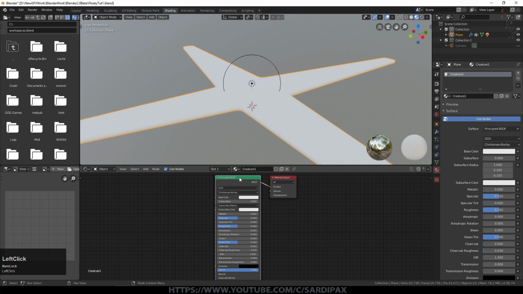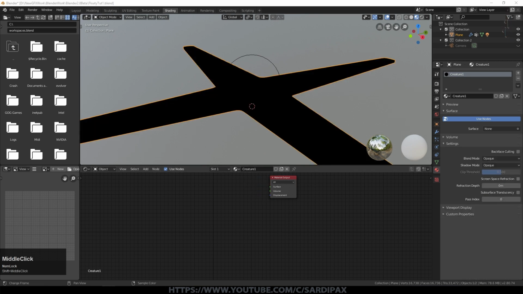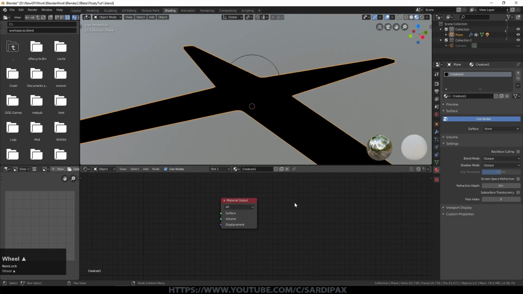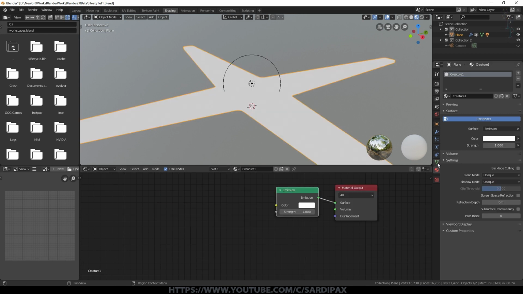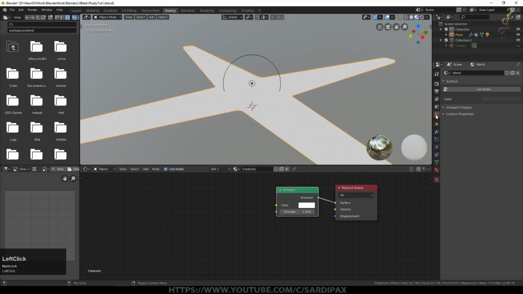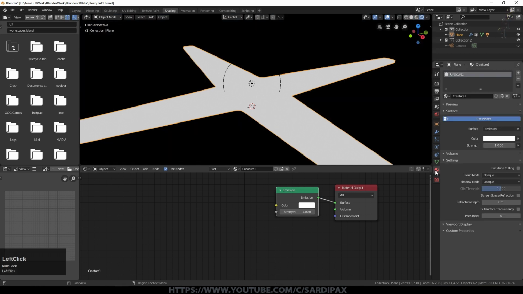And I decided not to use the principled shader for this one. So essentially, I just made an emissive material. I added a shader which was an emission shader and connected that to the surface. Before we go any further, I think what I will also do is go to the world settings and we'll just say set that to black just to make that easier. And then we'll go to rendered up here.